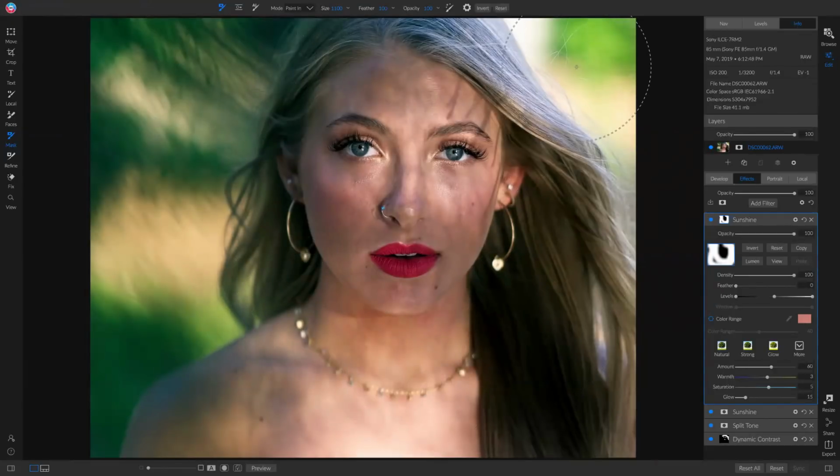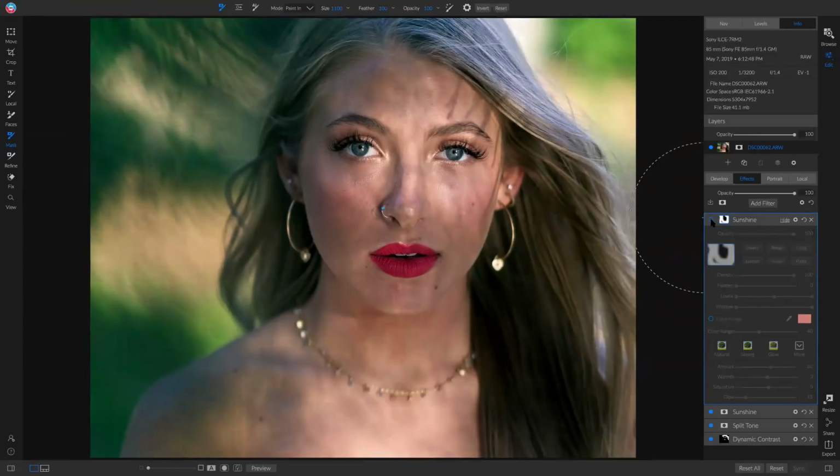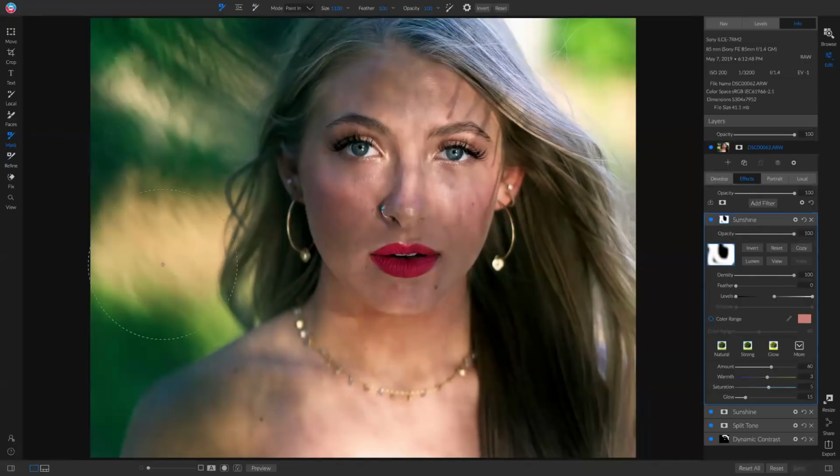Boom. So now if I turn this off and on, it does a good job of bringing in that nice sort of glow around her face while maintaining the nice subtle look that we've maintained by using our develop tab here. Just going to brush a little bit of this in. I probably could have not even inverted that mask and just painted out her face, but oh well, we're here now. Cool. So now I have that filter applied and it's bringing in that nice sort of glow around her